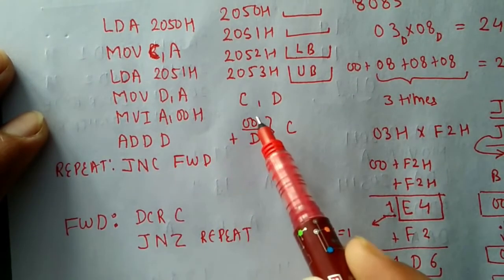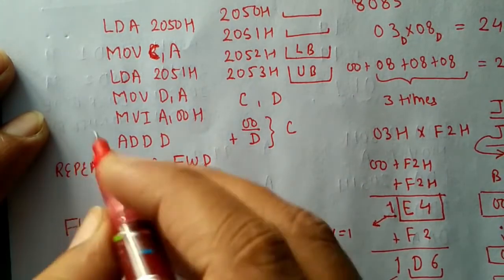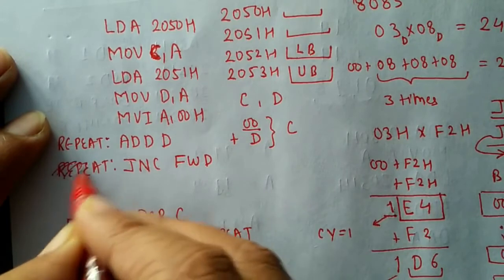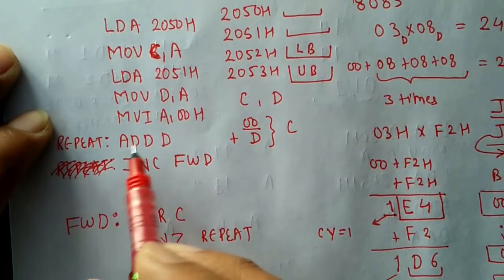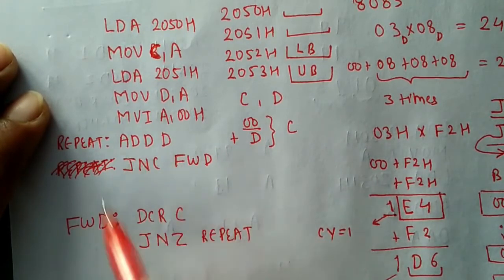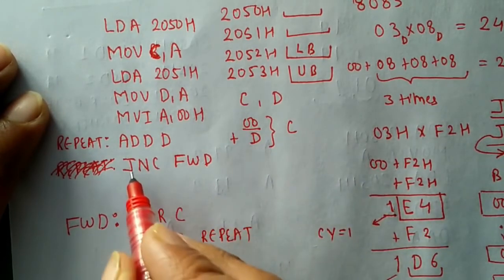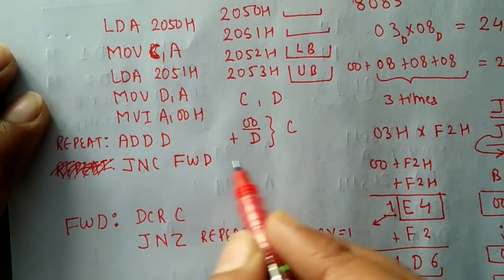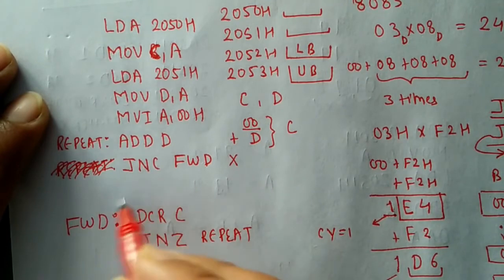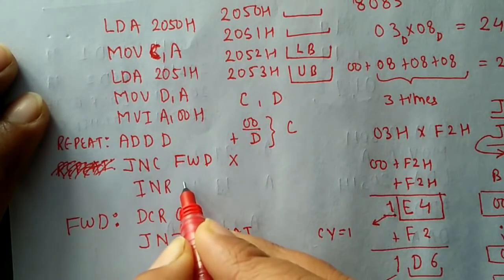So let's see, we have added the first time, we have not got carry, we are here, then we are going back. Sorry, this repeat will be here. So we are going back, and on going back we are again adding. If we are again not getting carry, then we will be here, and this loop will run C times. Okay, so if carry is generated, what will happen? Simply this instruction will get a false condition. That's why it will not be executed, and the instruction written just after that will run, and here we are going to simply increase the content of B.